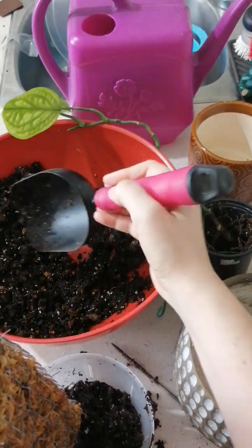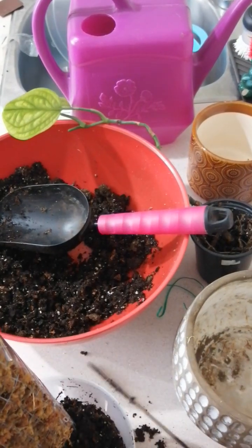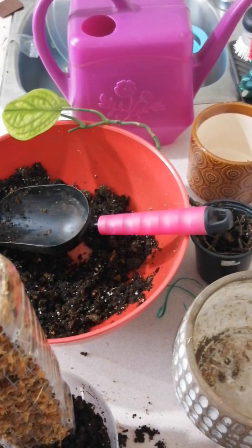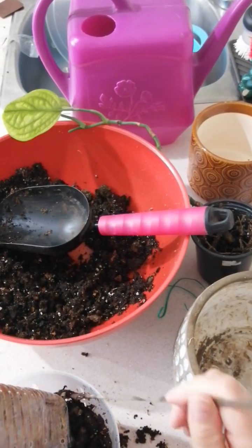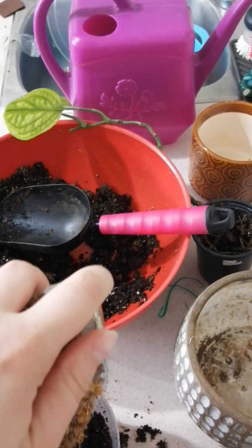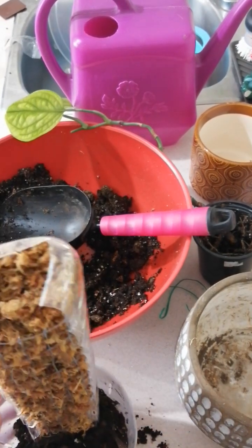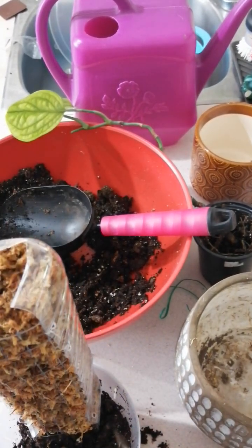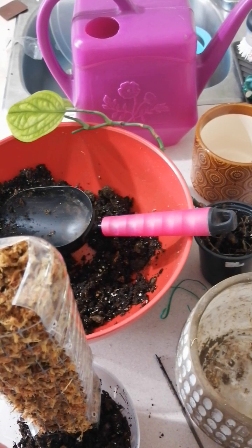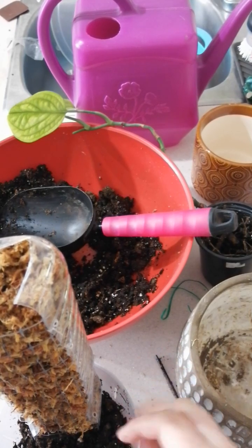I haven't proved this or anything, but I have my suspicions that the layer of moss in the bottom underneath the soil just gives a better wick. I don't know. I've only been repotting my plants this way for the last...